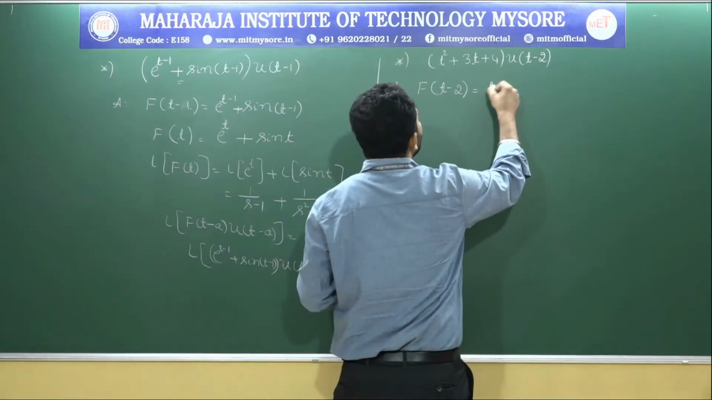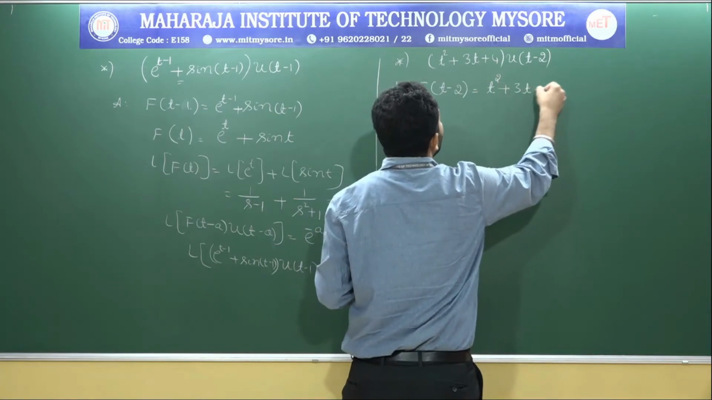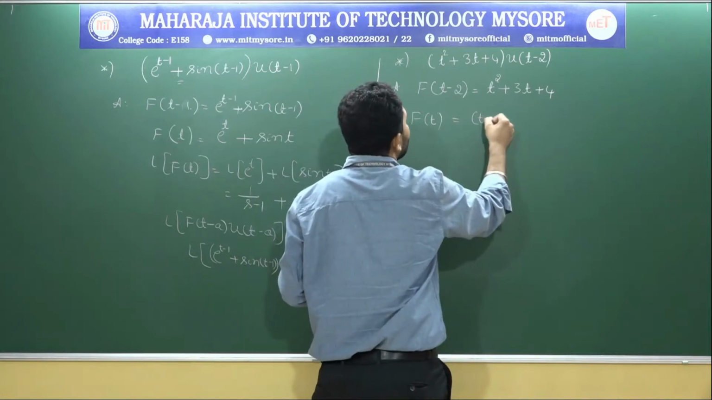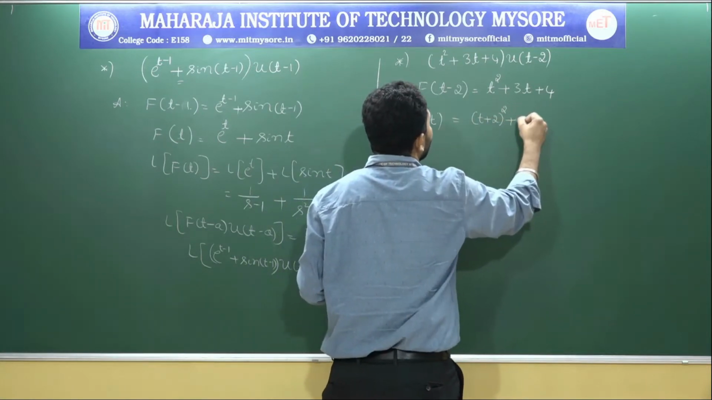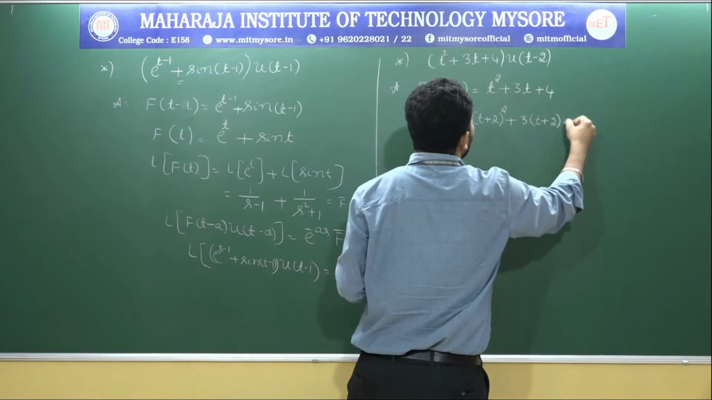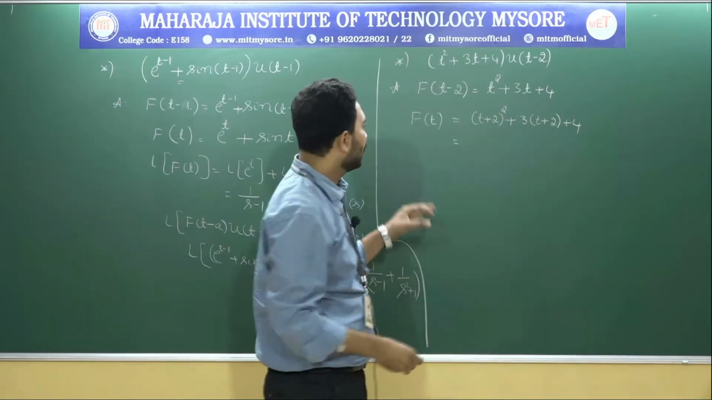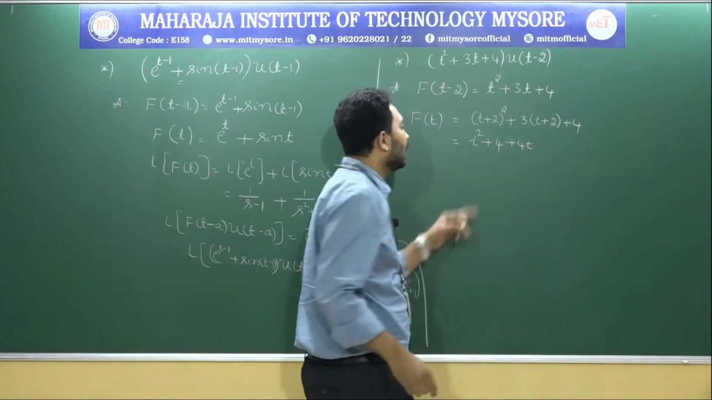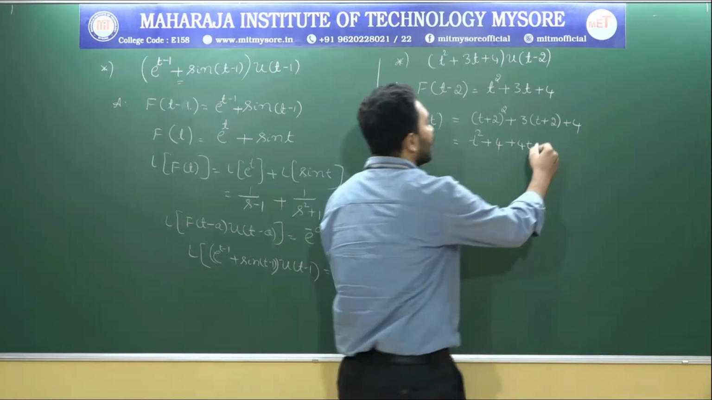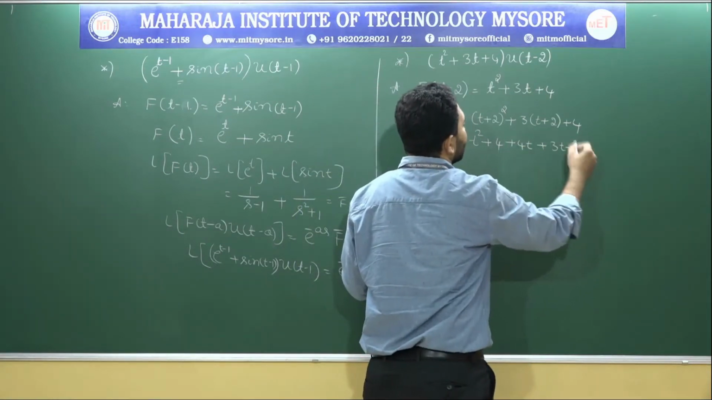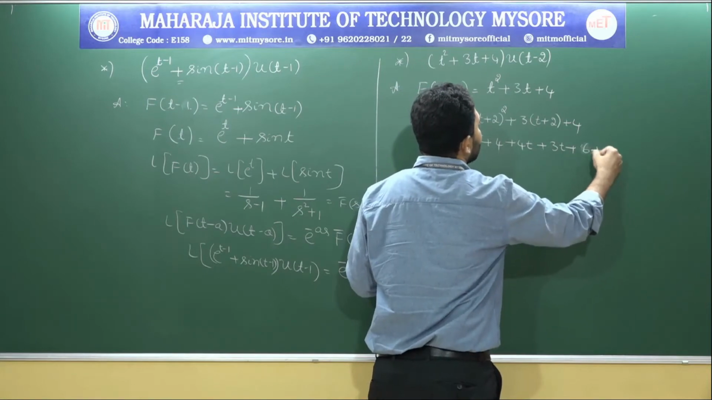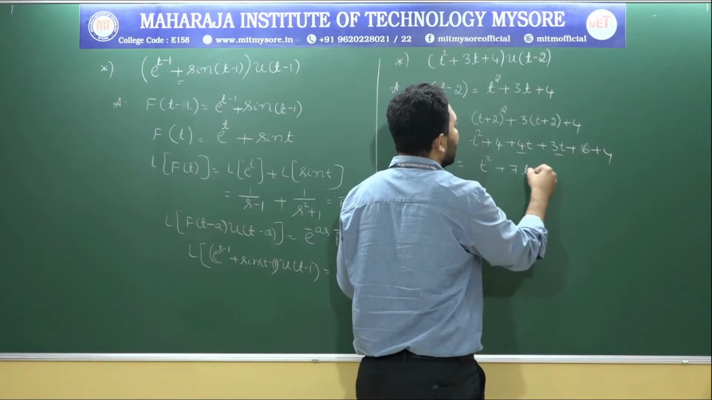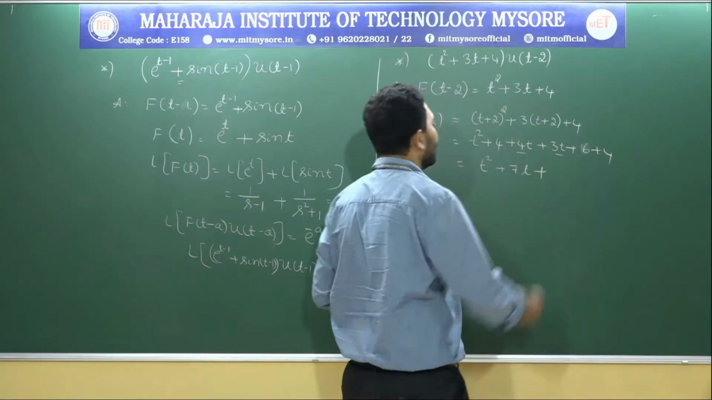F of t minus 2 is t square plus 3t plus 4. What is f of t? Replace t by t plus 2. It is t plus 2 whole square plus 3 into t plus 2 plus 4. Simplify this. T square plus 4 plus 4t, a plus b whole square, a square plus b square plus 2ab, plus 3t plus 6 plus 4. That is t square plus 4t plus 3t, it is 7t plus 6 plus 4, 10 plus 4, it is